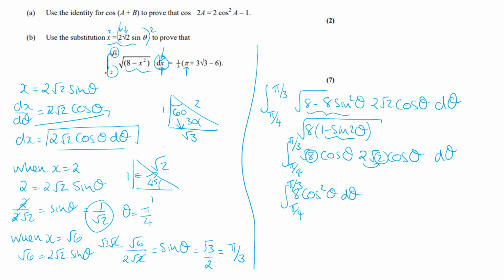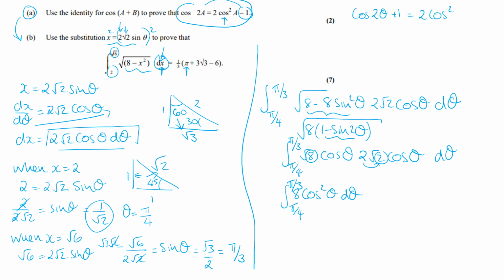Now you might be thinking, well, part A hasn't really related to part B, and sometimes they do, but this is now going to relate, because how do we integrate cos squared? We use this identity here, so we just rearrange it to make that cos squared the subject, but I've actually got 8 cos squared, so if I just take that 1 over, I can write that cos 2 theta plus 1 is equal to